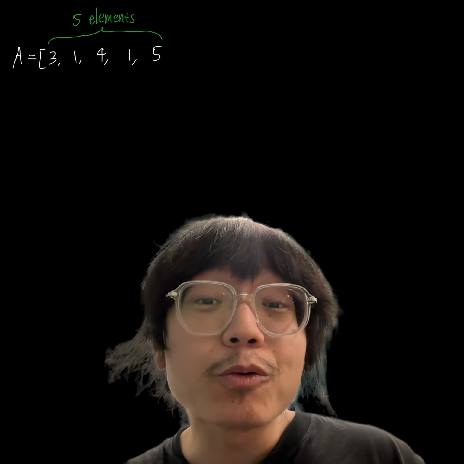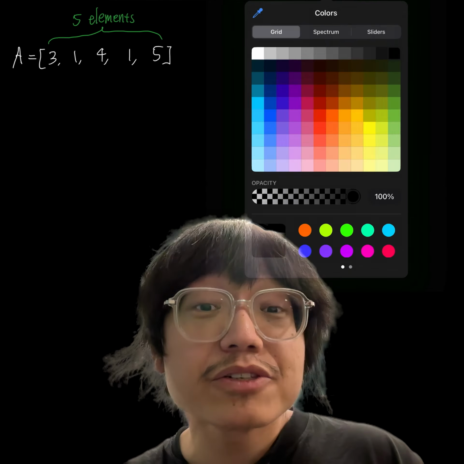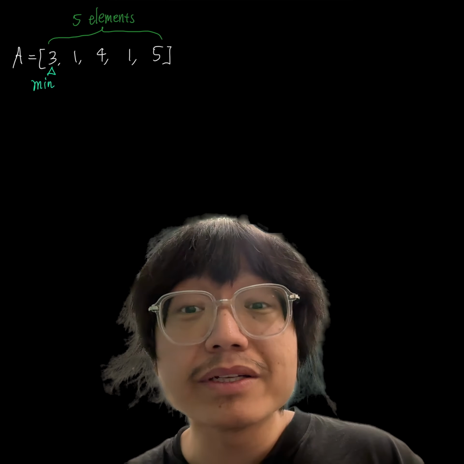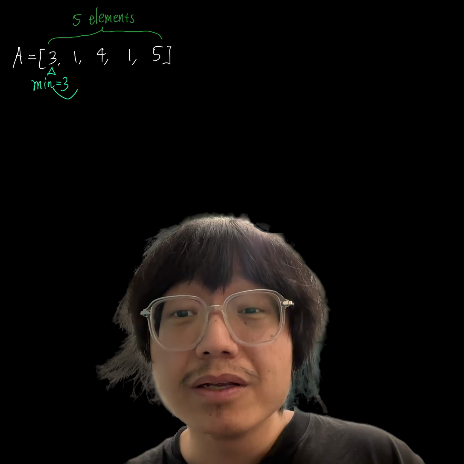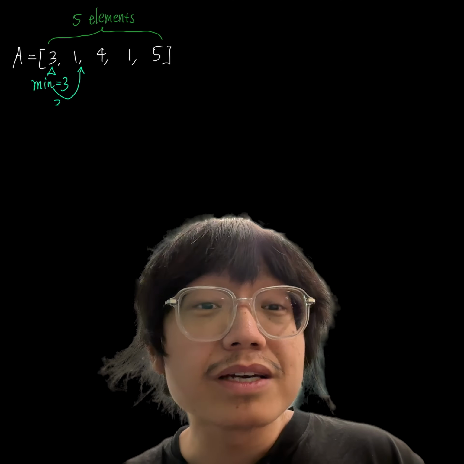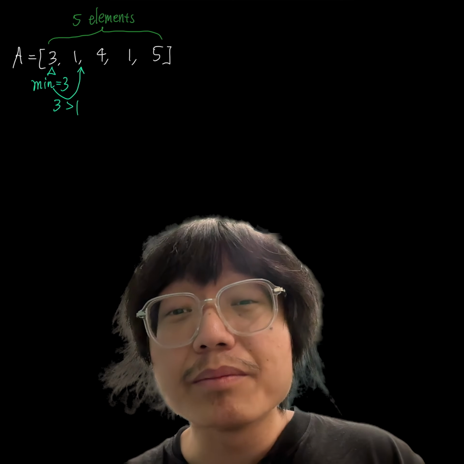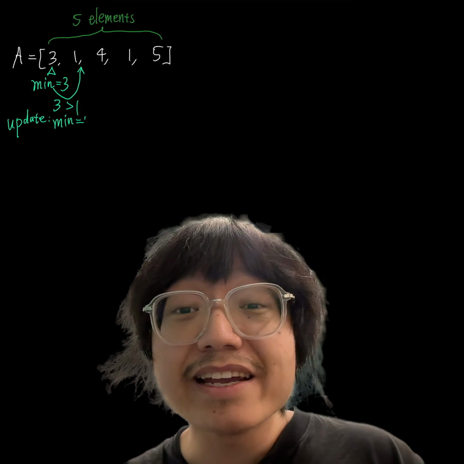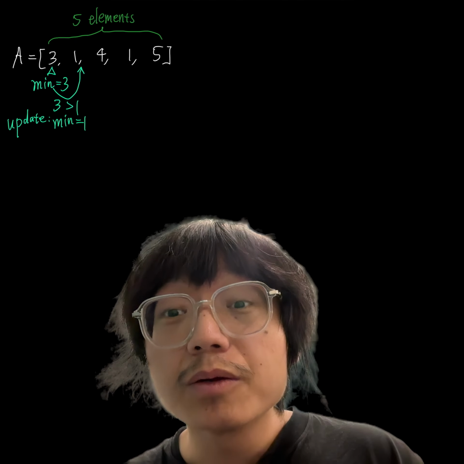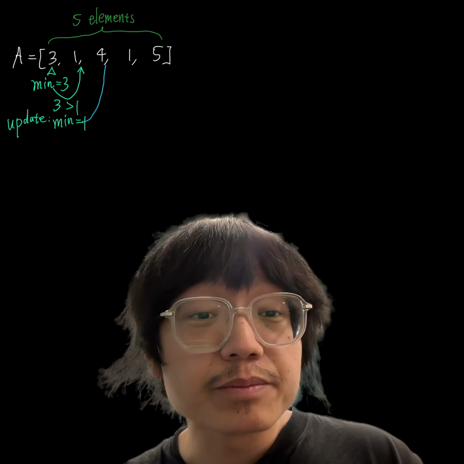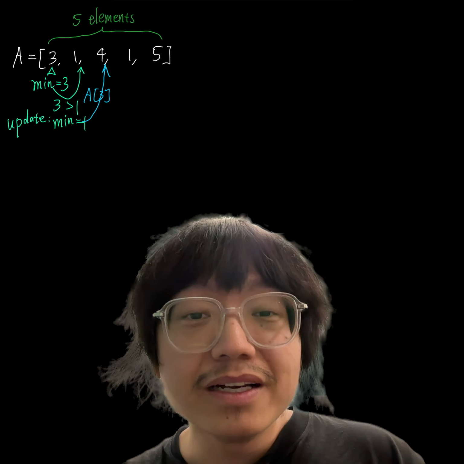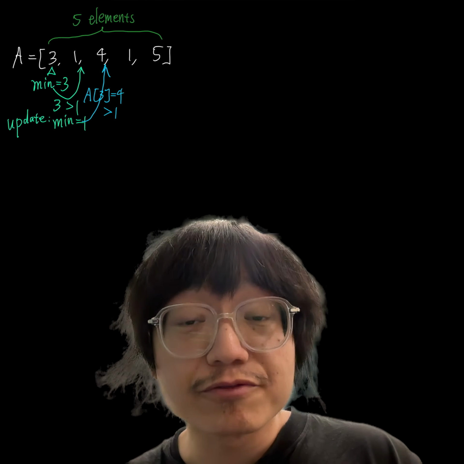it as our minimum. So initially minimum equals 3, and then we compare the next element A[2], which is 1, with our minimum, but 1 is less than 3, so we update the minimum, and now it becomes 1. And then we compare the next element A[3], which is 4, with our minimum. 4 is bigger than 1, so there's no update needed, and then we compare the next element A[4], which is